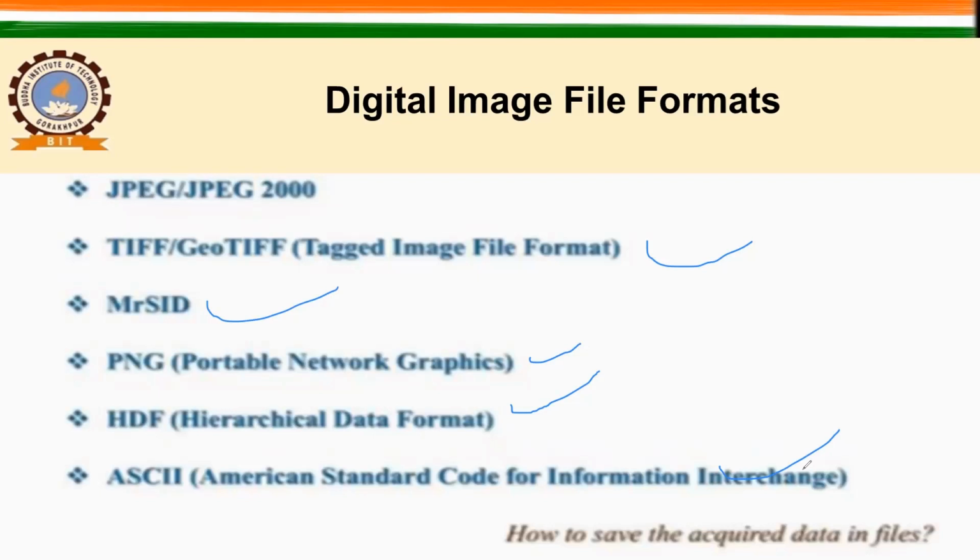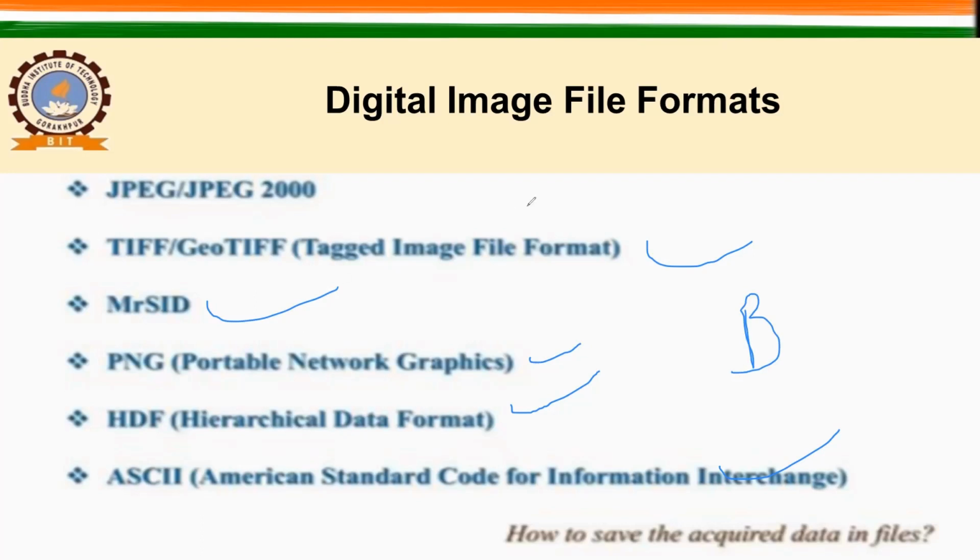But how to save this acquired number in a file? Because normally when we capture an image with our normal camera or mobile phone, you get one file, that is, let us say 0.4 to maybe 2.5 micrometer or 1.5 micrometer. But here in remote sensing, within this range, we acquire multiple bands. Remember, what does band mean? The band I am repeatedly saying here, band means different wavelengths are used to generate separate images.